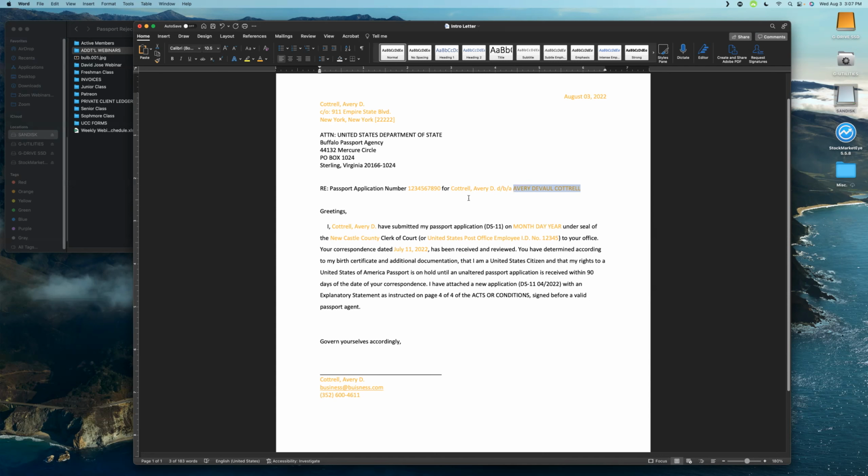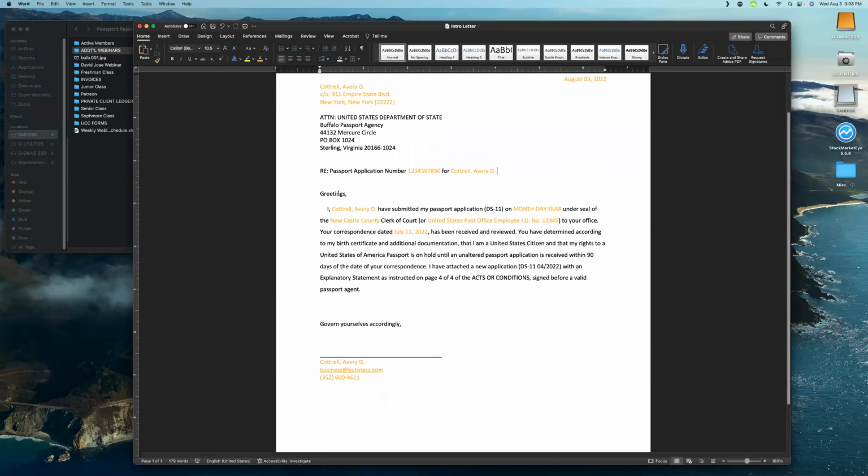This is the public and this is the private. So if you are not referring to yourself as a 14th Amendment debtor person, and you still have to use your name, put it in the form of tails, put it in the form of private, put it in the form of creditor. Okay. Greetings, I, Cottrell Avery Duvall, have submitted my passport application, DS-11, on whatever year that you sent it in,